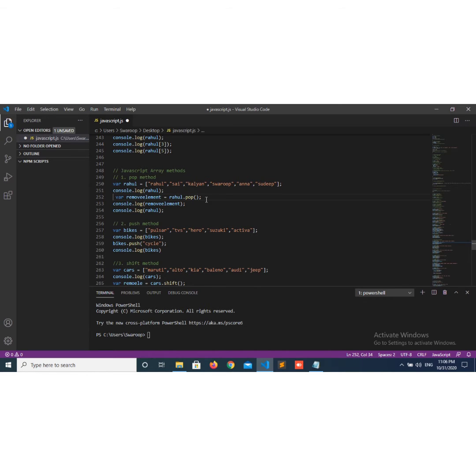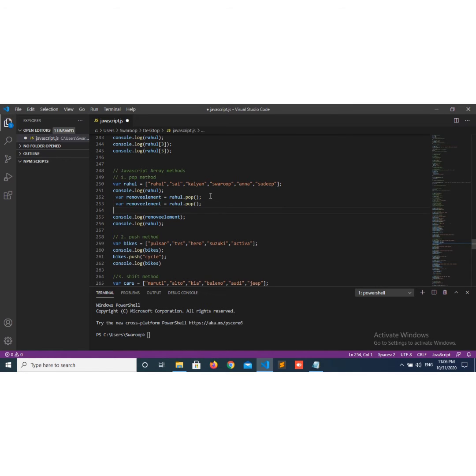Just put the cursor at that line and click on Control plus C. This line was copied. I want to paste it out here. Just click on Control plus V. Okay.